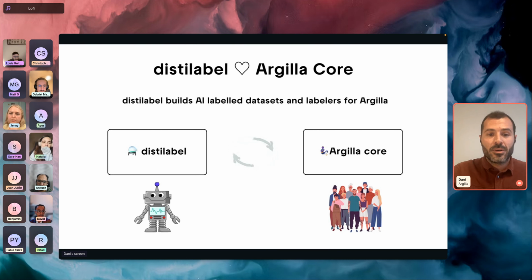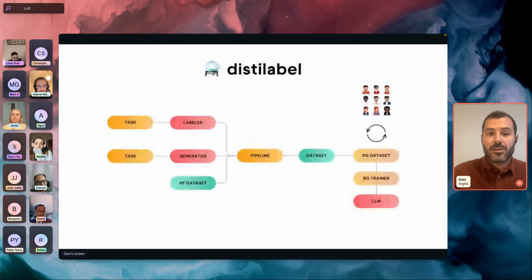So Distilabel briefly is about labelers that are LLMs, can be open source or closed APIs. There are generators that generate responses. Then you have a Hugging Face dataset with inputs, and then you have the concept of a pipeline. And this pipeline orchestrates the generation process. So imagine a Llama 2 model will generate several responses. The labeler will rate or qualify these responses. And at the end, what you will get is a dataset labeled by AI with rationales and explanations about the